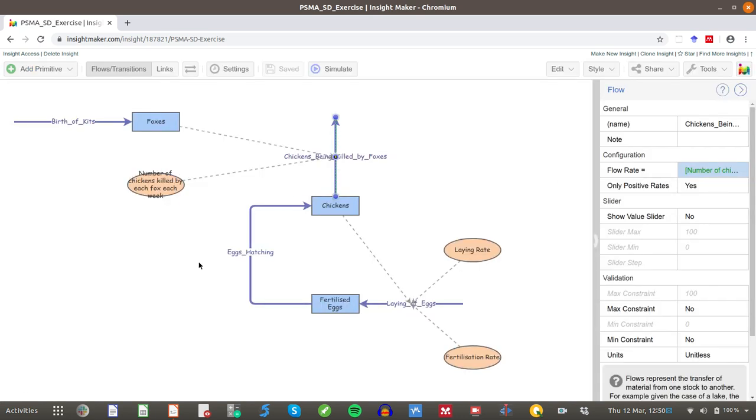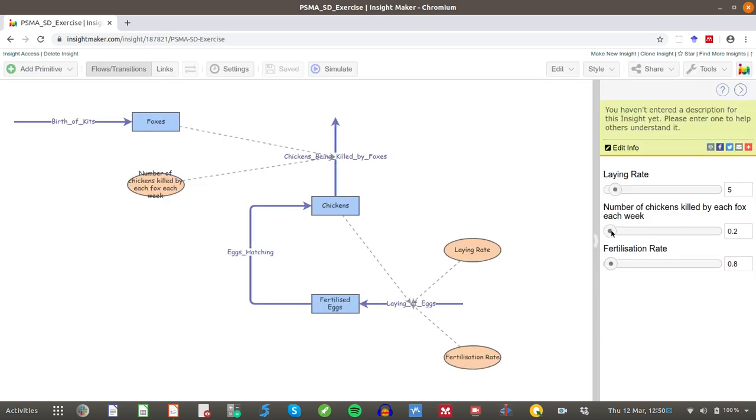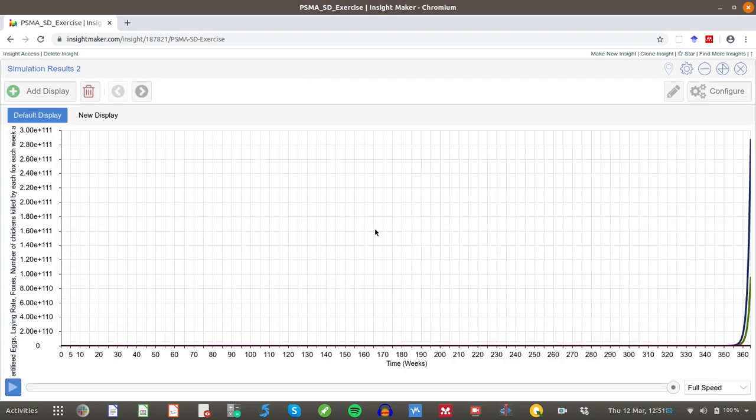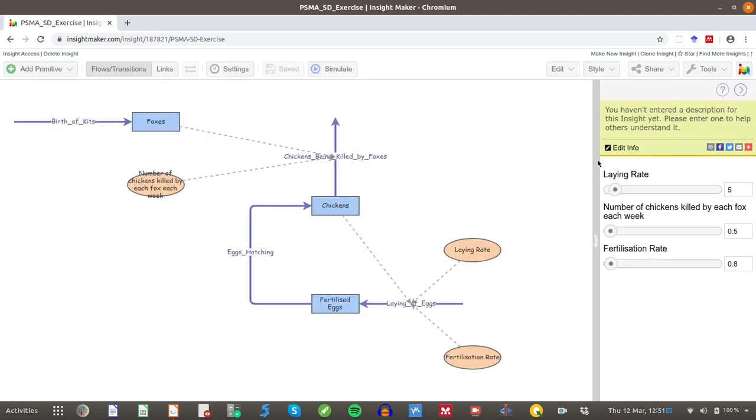So I could try changing that value of the number of chickens killed by each fox per week. Let's try it as 0.5. So half a chicken killed per week, or in other words, a fox killing a chicken every 2 weeks. If I simulate that, still we've got our chicken population spiralling out of control. If I doubled that to 1, so each fox killing a chicken per week, and click simulate,